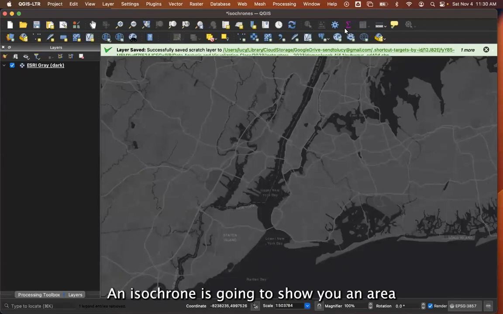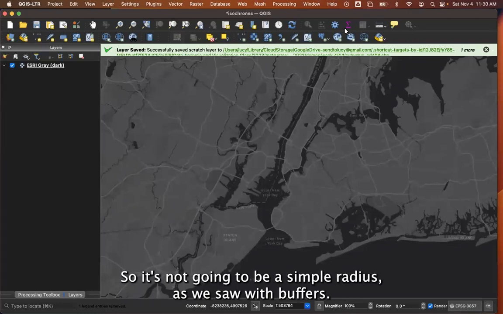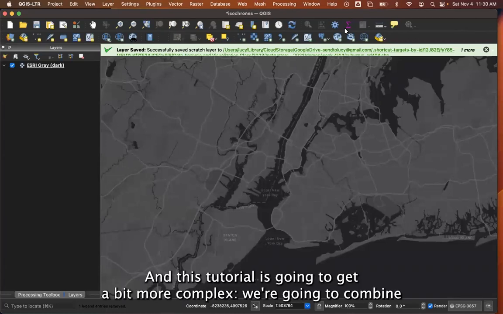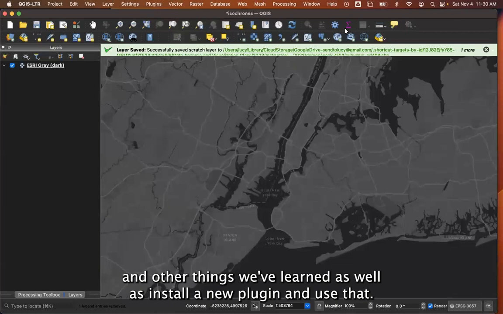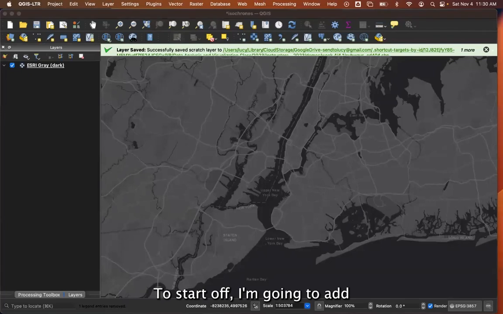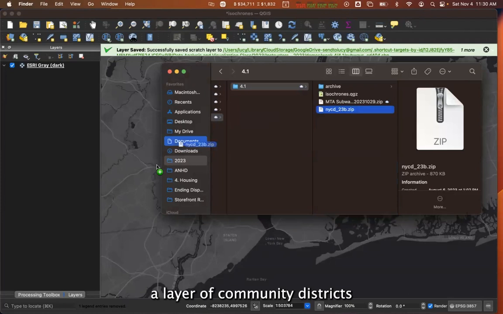And we're doing that based on a simple radius or a distance as the crow flies. An isochrone is going to show you an area around another place based on how long it would actually take to move there using different modes of transit. So it's not going to be a simple radius as we saw with buffers. And this tutorial is going to get a bit more complex. We're going to combine a few different geoprocessing tools and other things we've learned, as well as install a new plugin and use that. To start off, I'm going to add a layer of community districts